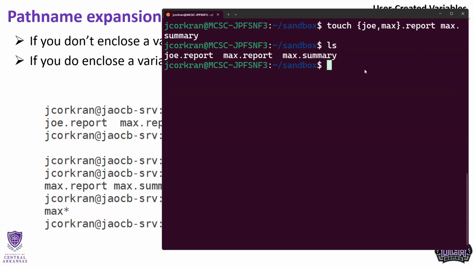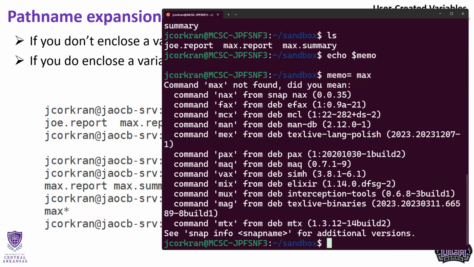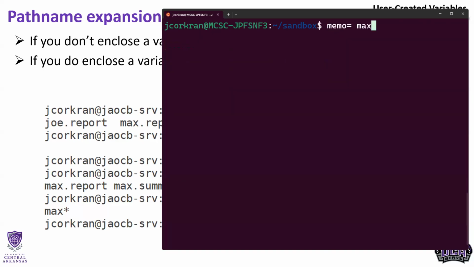Now, I'm going to create a variable called memo. The first thing I'm going to do is just check for its existence. Of course, right here, we can see it doesn't have a value. So I'm going to set memo equal to max. And again, if I was to do that, that would be wrong. Hit enter. You can see it doesn't know what I want to do there. So I'm going to clear that screen, go back up here, and we'll put max, but I'm going to give it a wildcard this time, and give it the value of max*. So now if I was to go in here and just say echo $memo,